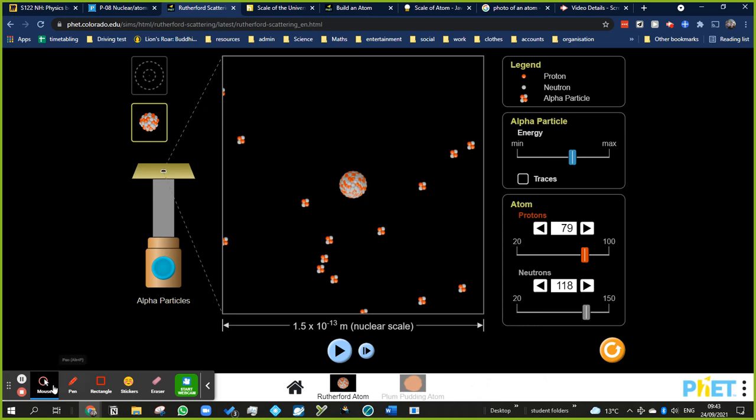Okay, so on to Introduction to Atoms Part 4. We learned in the previous one that we had two different types of atoms, a Rutherford atom and a plum pudding atom. Sorry, the plum pudding atom was a theory, and so was the Rutherford atom, actually. And after a little experiment with these things called alpha particles, we discovered that the Rutherford atom was more accurate than a plum pudding atom because it explains certain observations, namely that